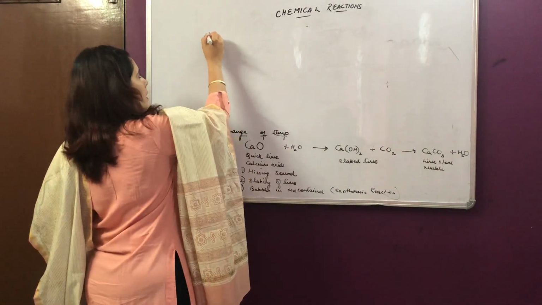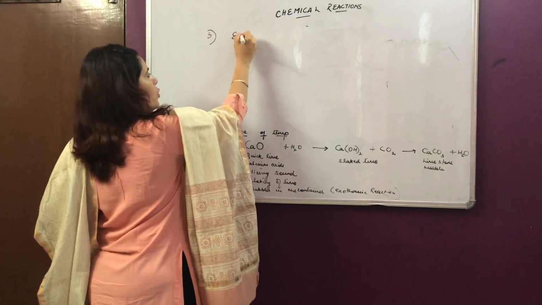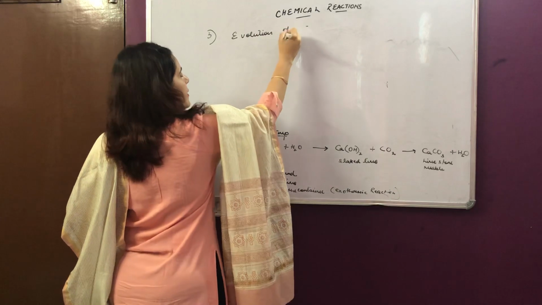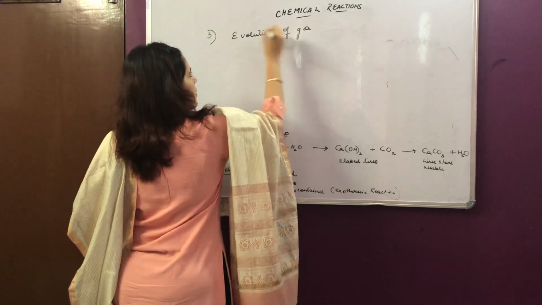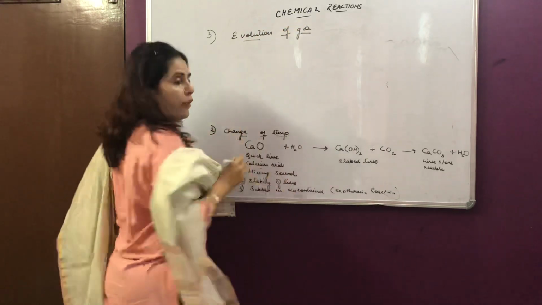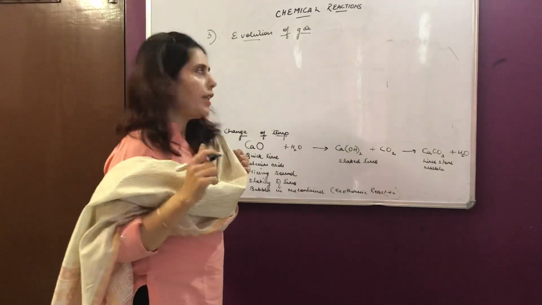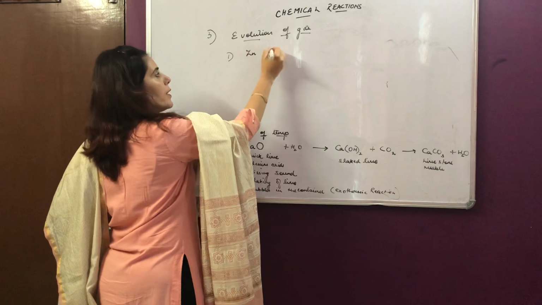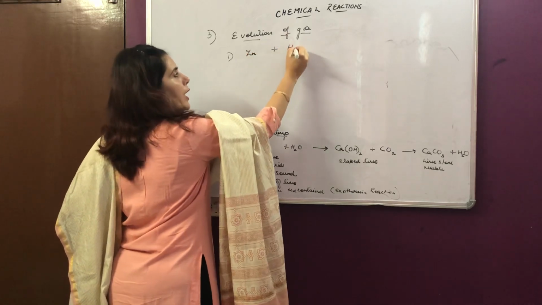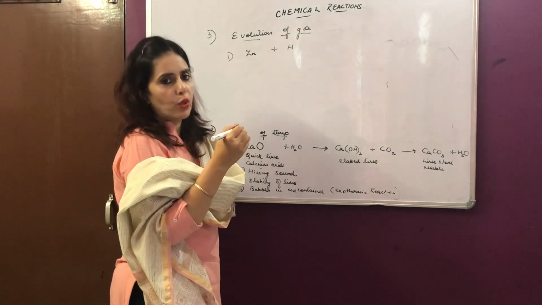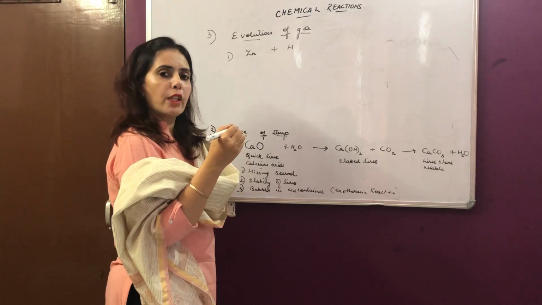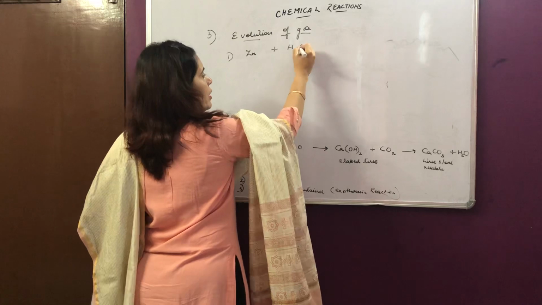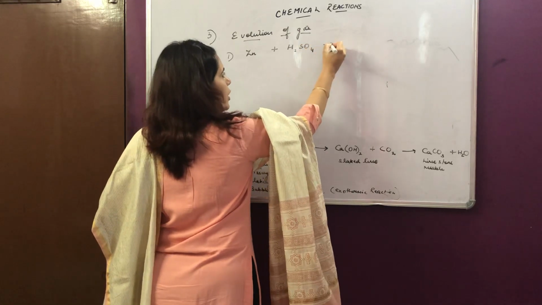Third, we are going to discuss evolution of gas. In evolution of gas, we are going to discuss 3 examples. First, for example, if we pour some zinc granules in dilute sulfuric acid solution. So what was the formula of sulfuric acid? H2SO4. So when zinc reacts with H2SO4,